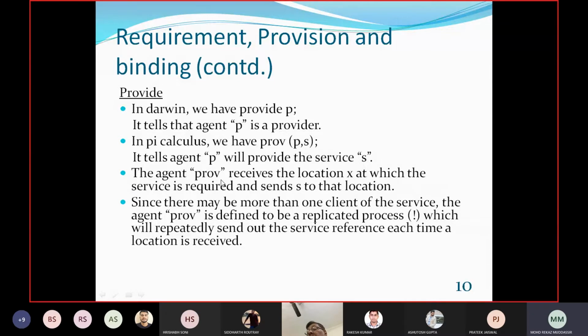The agent PROV receives the location X at which the service is required and sends S to that location.